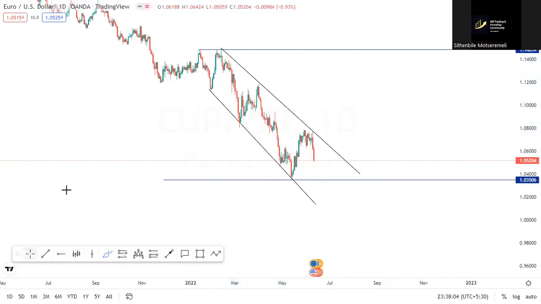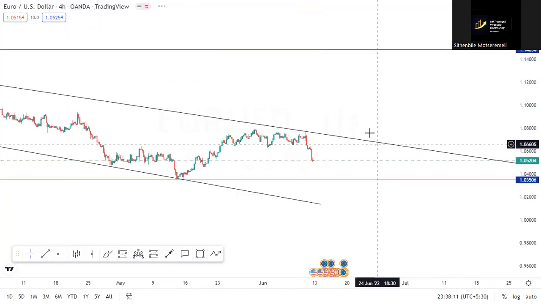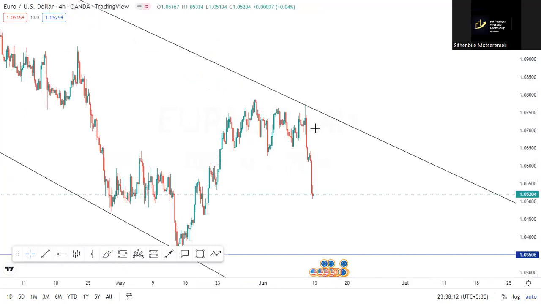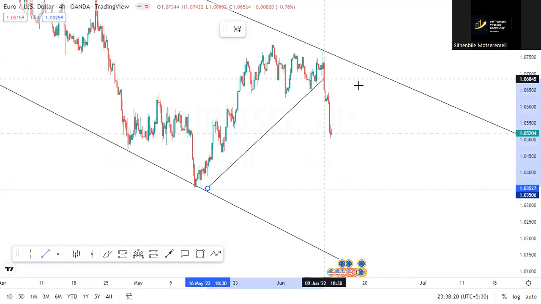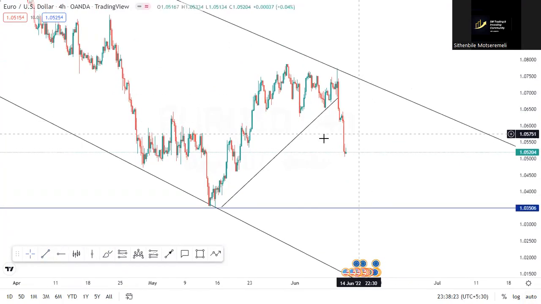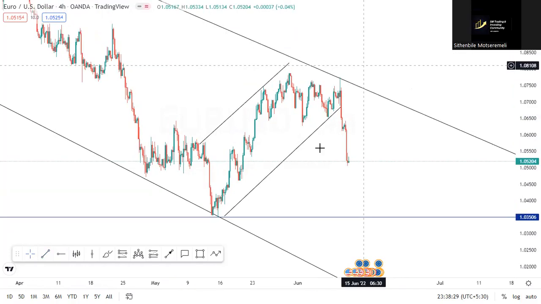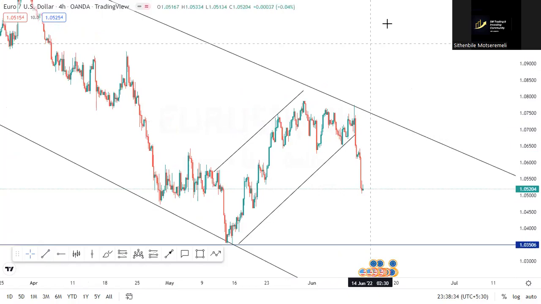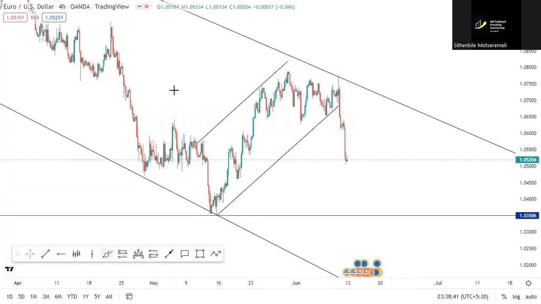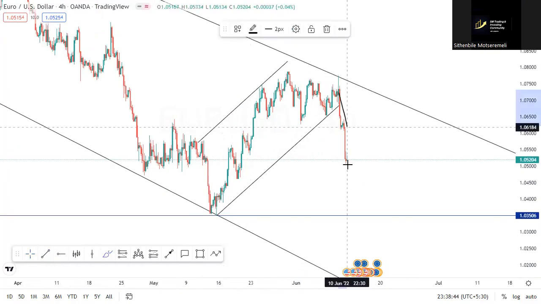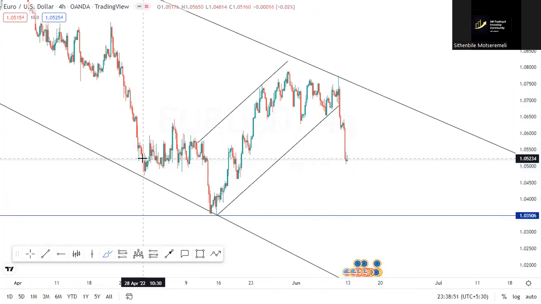So let's go to 4H. You have to keep your things as simple as you can. You understand? So here we had a beautiful break of structure. I think this one looks like Nasdaq. Because I remember that we were trapped inside this correction, thinking that it was going to continue to push to the upside. But it's okay. So now we are currently in an impulsive phase, so we must expect just a correction, then a continuation.